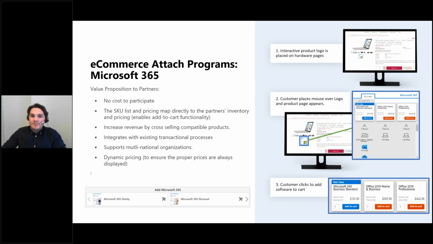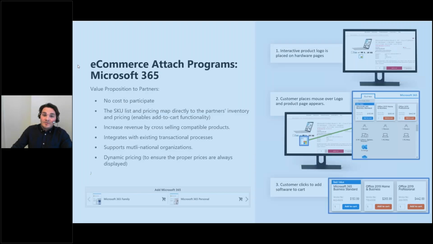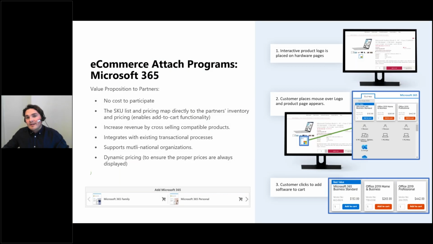So at your web shop, you have a fantastic opportunity to increase and enhance your customer journey by just implementing this. This means that a lot of customers, those 80% who are unaware that Office is not included, get a reminder that they need to include Office when they purchase hardware. And once they hover over the product logo, they can easily add a product to their cart and then check out. So making that whole journey even more simple,